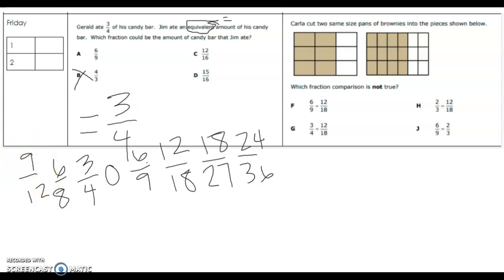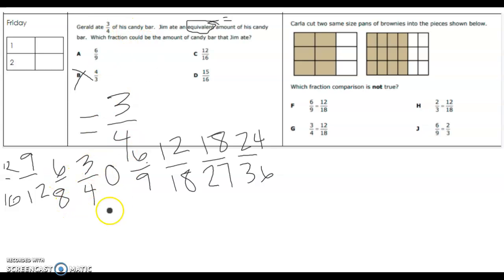Okay, so let's just go one more for the 3/4. So 4, 8, 12, 16, and then for the numerator, we're going to count by threes. 3, 6, 9, 12. I'm not seeing anything that matches yet, but let's go on and compare